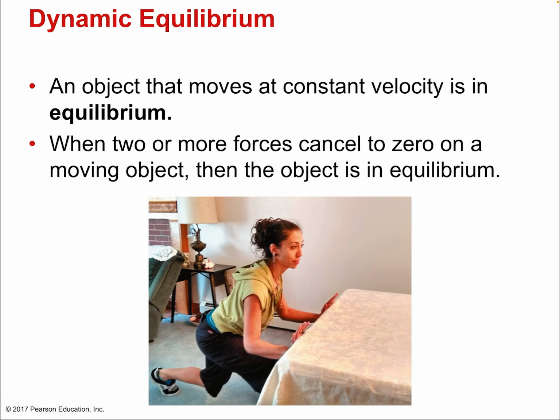Okay? So an object that moves at constant velocity is in equilibrium. That's called dynamic equilibrium. Because you can have things that are at rest, and that's maybe the first thing that comes to mind when you think equilibrium, balanced. You build a building, you don't want the building to tip over, it's in equilibrium, it's balanced out. The forces are balanced, okay? The Leaning Tower of Pisa is in fact balanced, it's not tipping. But it happened to reach an equilibrium where it's a little to the side. But those would be balanced objects at rest.